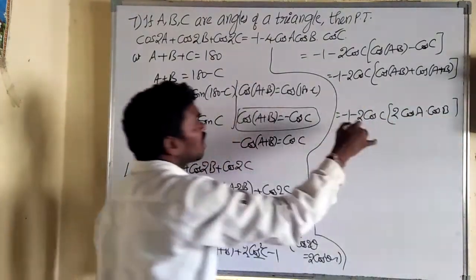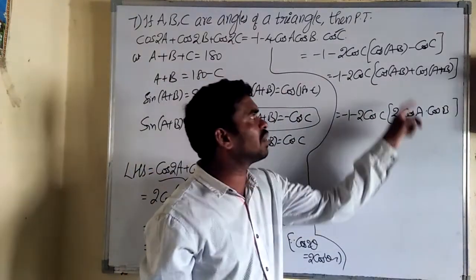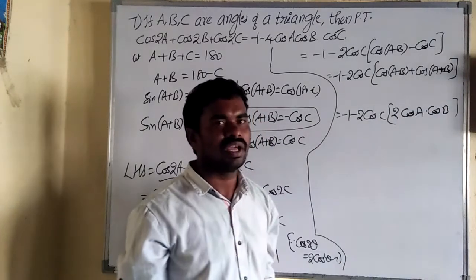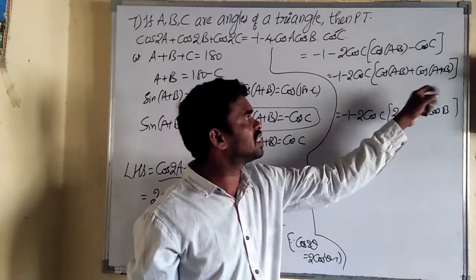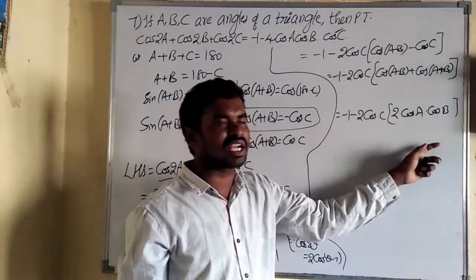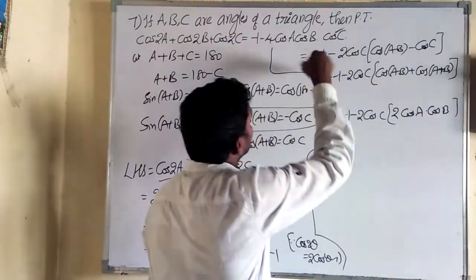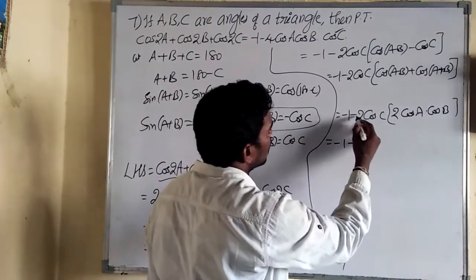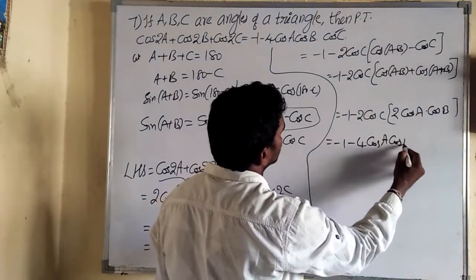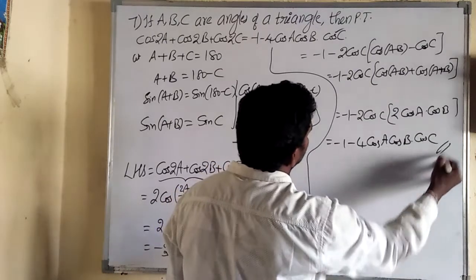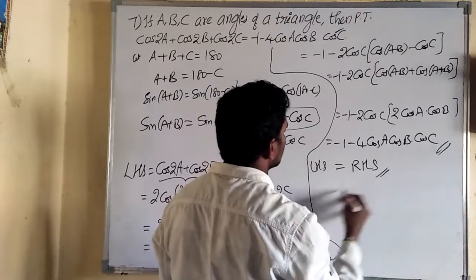Now by observing the RHS, comparing with RHS, I wrote the formula. So this is the formula of cos of a minus b plus cos of a plus b. If you have an idea about this, cos of a plus b plus cos of a minus b becomes 2 cos a cos b, write it directly and verify. Otherwise, by using RHS we can write. Now minus 2 into 2 is minus 4. So write in order: first one is cos a, second one is cos b, third one is cos c. So got RHS. So LHS is equal to RHS, hence proved.